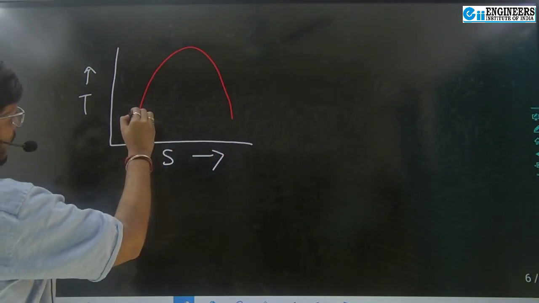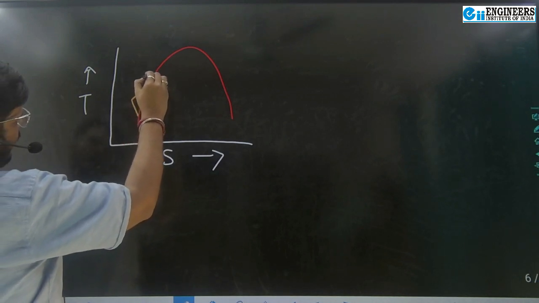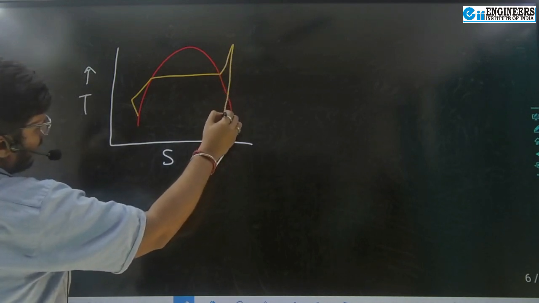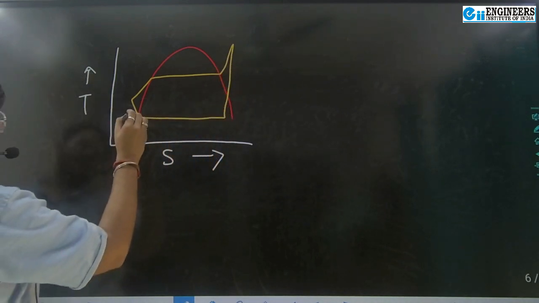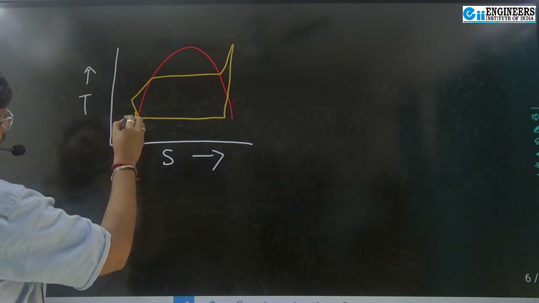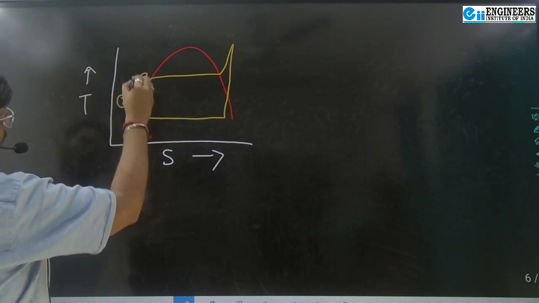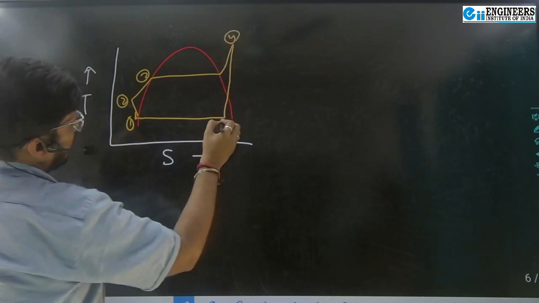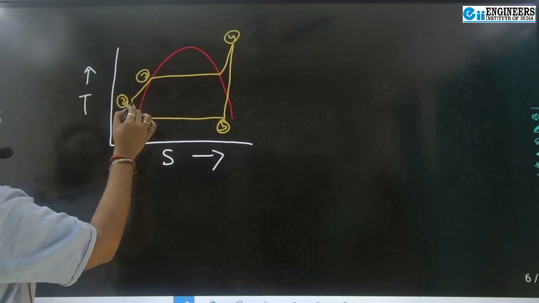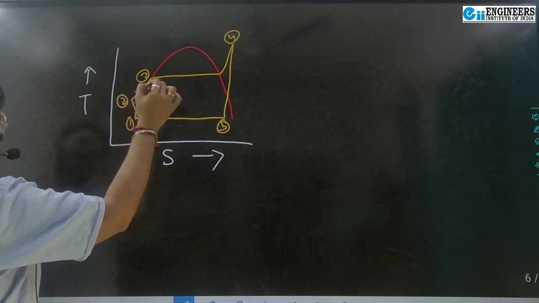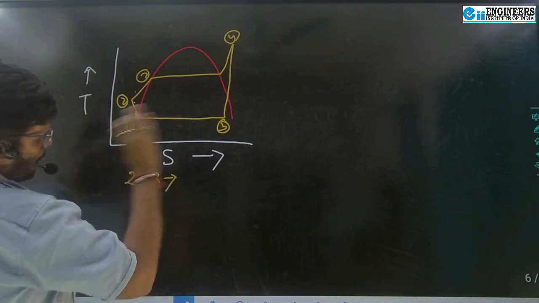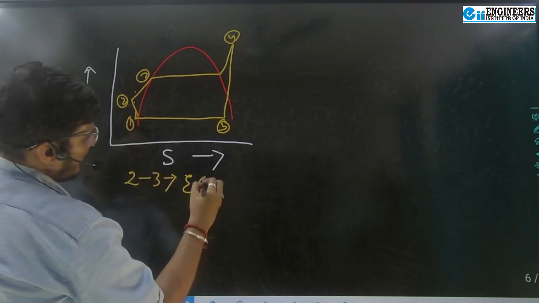Then we know economizer, boiler, superheater, turbine, condenser. Let's mark it here as 1, 2, 3, 4, 5. So by pump work, if we are making this fluid go into this section 2 to 3, this 2 to 3 in a power plant is termed to be